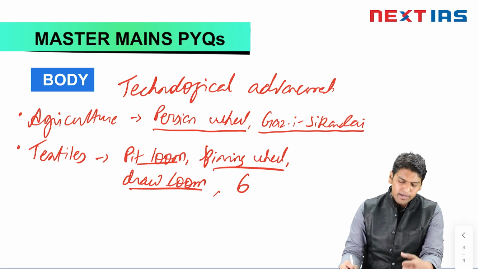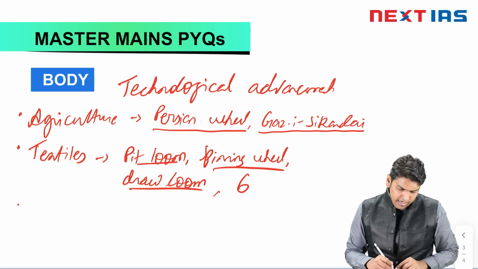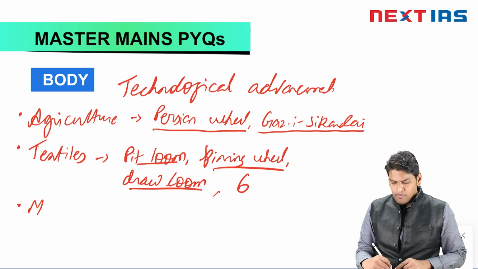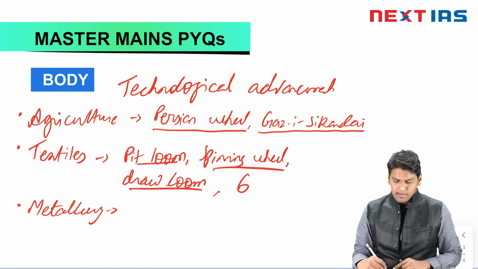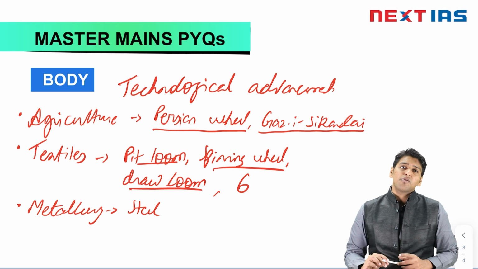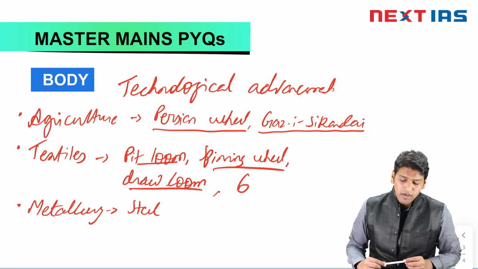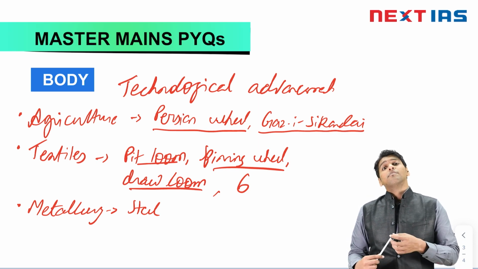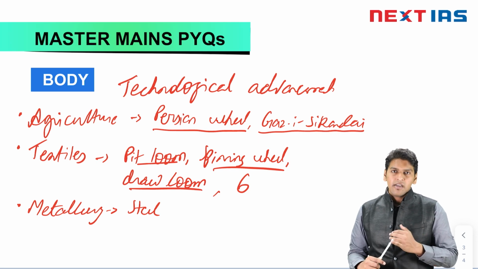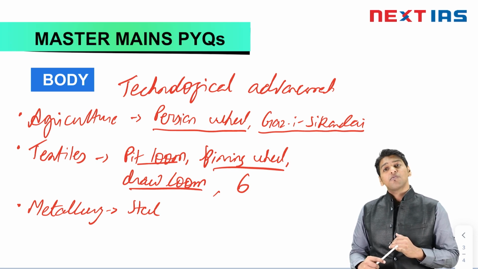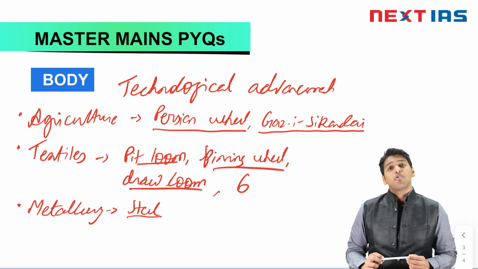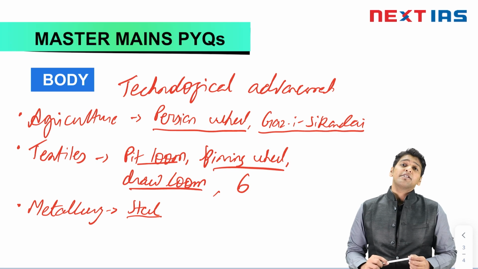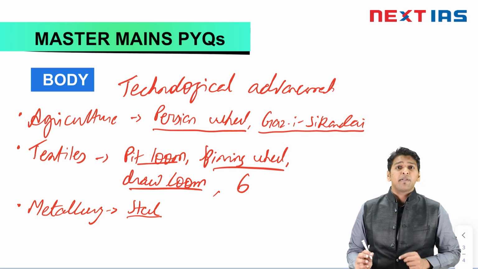Next we see the contribution in the field of metallurgy. New processes for steel making were brought by the Turks. What it did was ease the mining operations and production of steel, and these metalworking techniques boosted its coin making abilities and its ability to make tools, implements, and weapons as well.